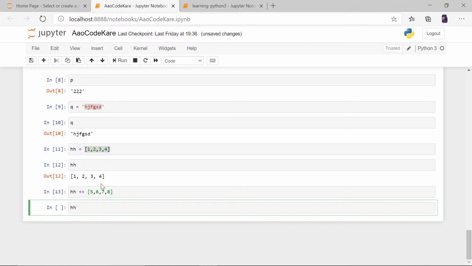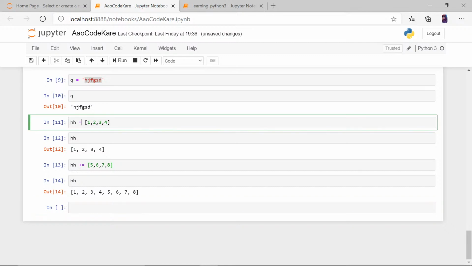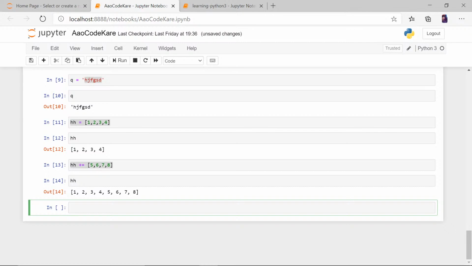Now again let's see what hh has. So 1, 2, 3, 4, 5, 6, 7, 8. So hh can be modified after it has been defined. The first time I wrote hh, after that I can add to it, and I can also remove things from inside it. That is what they call mutable in coding language.